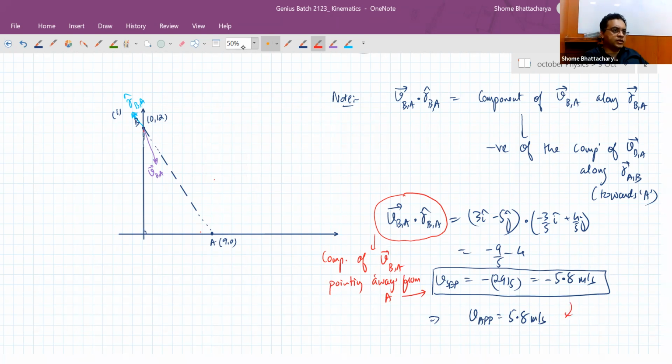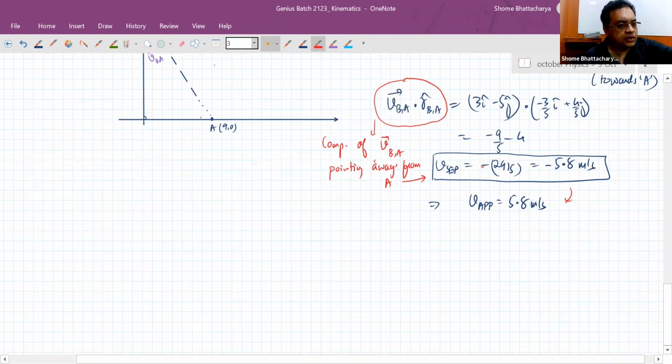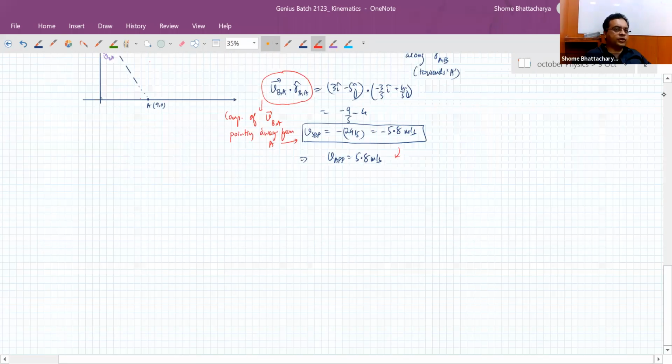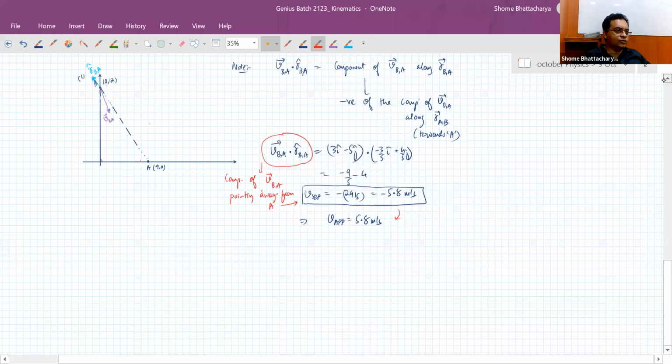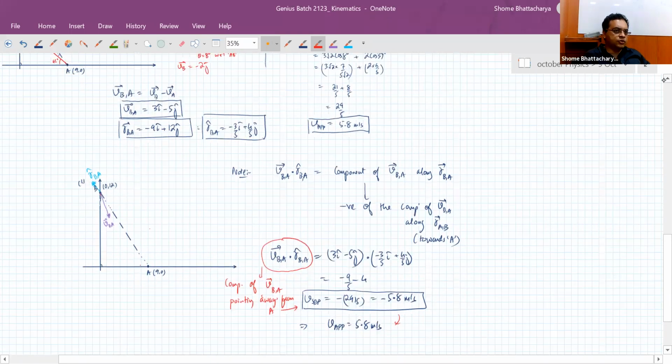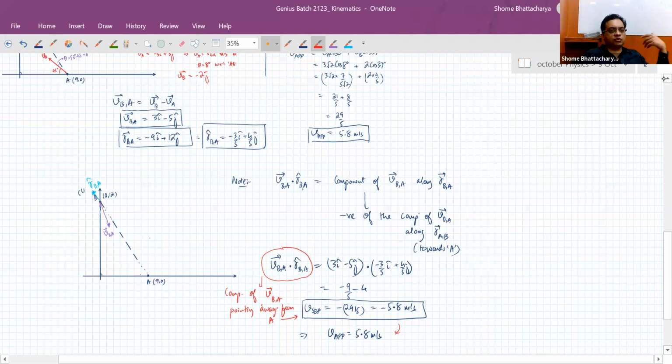And that's how you can show that it's one and the same thing as individually calculating the components of A and B's velocity towards each other in the ground frame. That was the earlier method that we used. So whether we do that or we calculate the relative velocity of one object with respect to the other and find the component of that relative velocity along the line AB, it is one and the same thing. Depending on what is more convenient in a given situation from the given data, we have to apply these concepts. So concepts of dot product, projections and all that from vectors can sometimes become important.